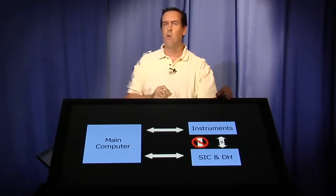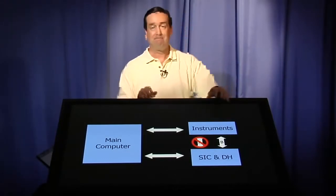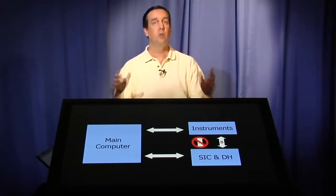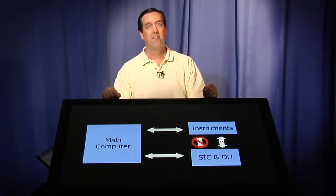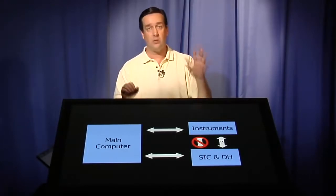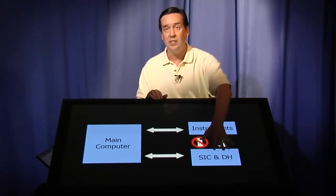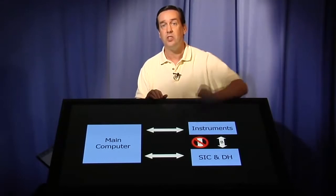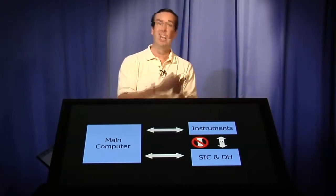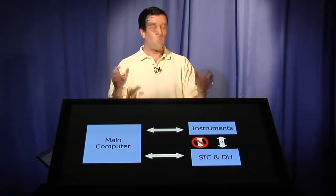But having these problems while trying to activate side B reinforced the idea that now this data handler, having only one channel open, was a single point of failure for Hubble. And so while NASA had been leaning this way the whole time, the decision was officially made that we really wanted to replace the data handler in our next servicing mission. So the next servicing mission has been delayed till April or May, late spring of 2009,